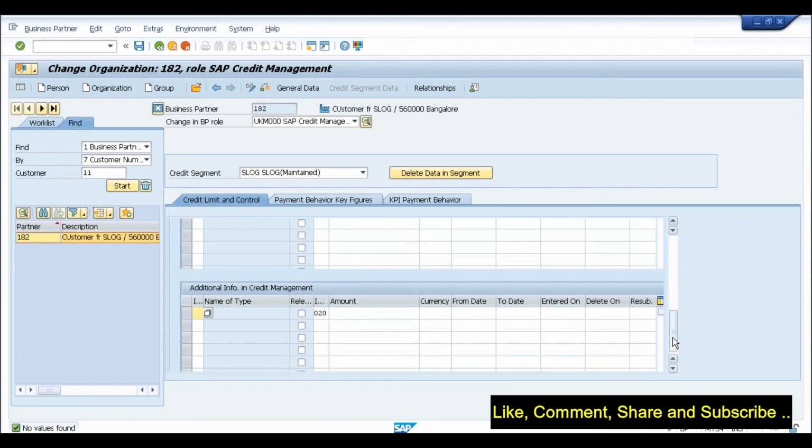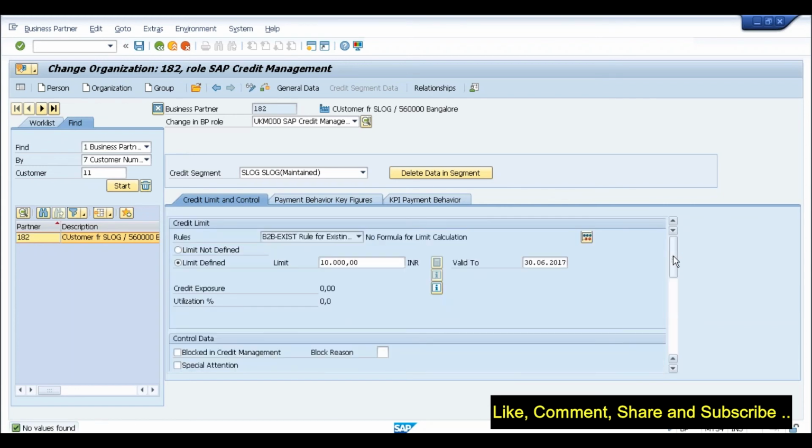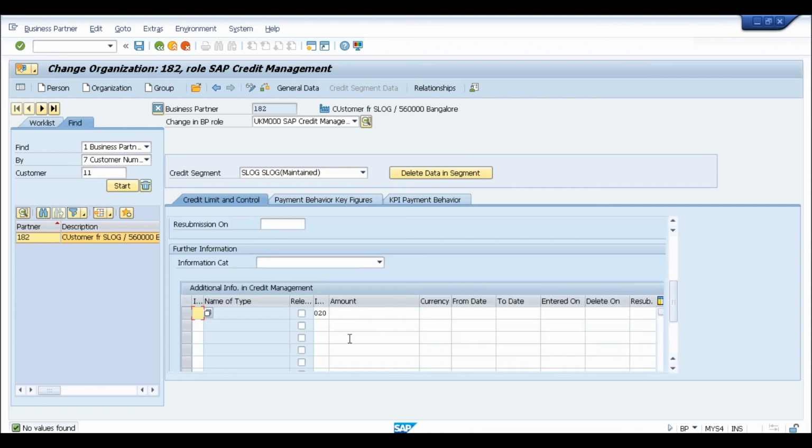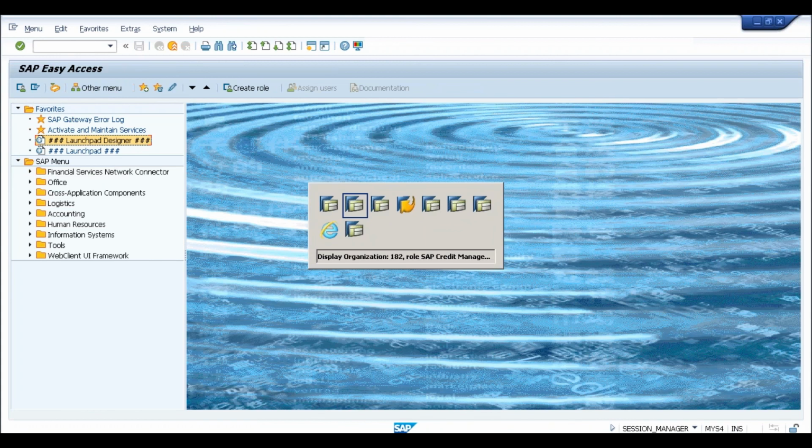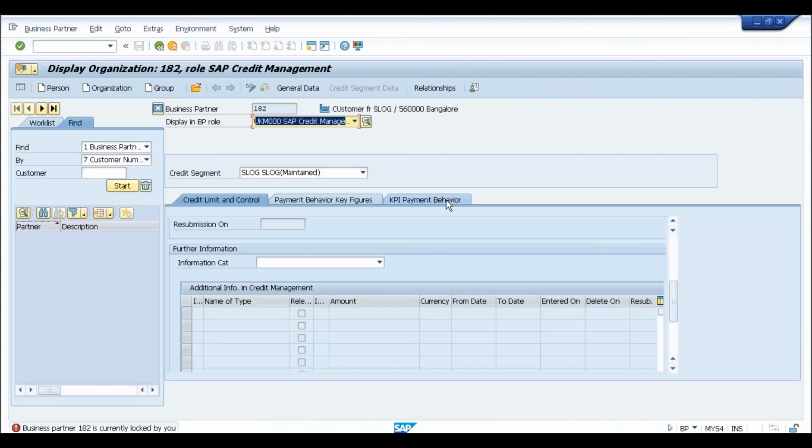We will try any one combination. Currently I am processing without specifying anything here, and then we will try this also. Let me remove this from here. Maybe I need to go back. I think we already defined the credit limit for this customer.